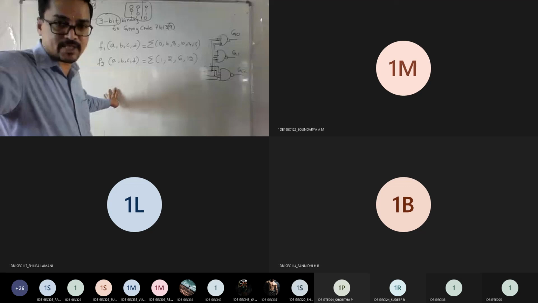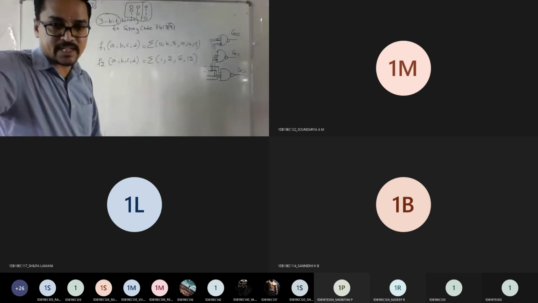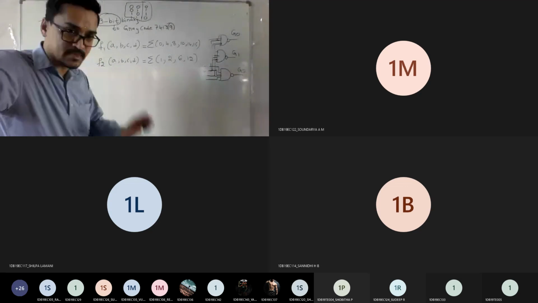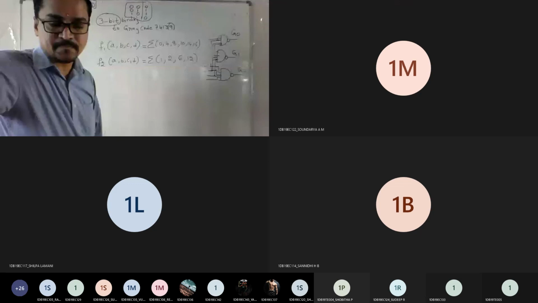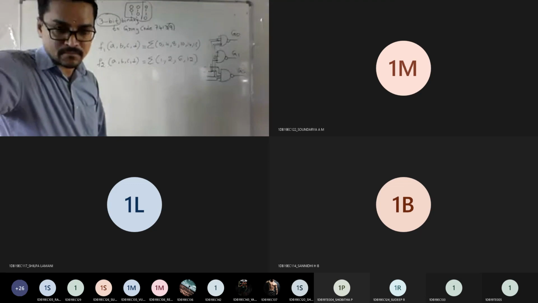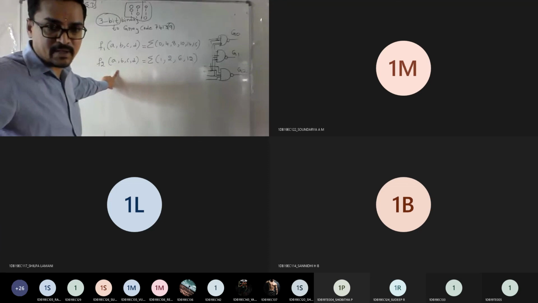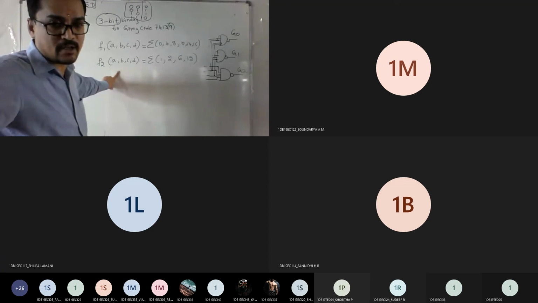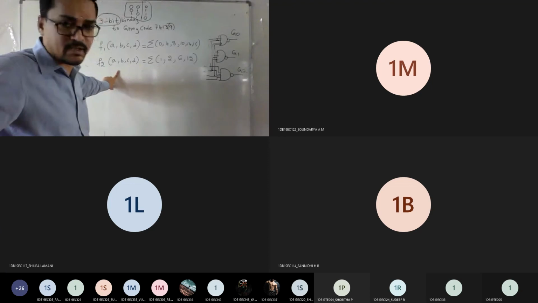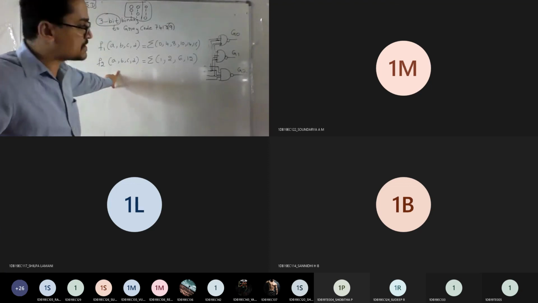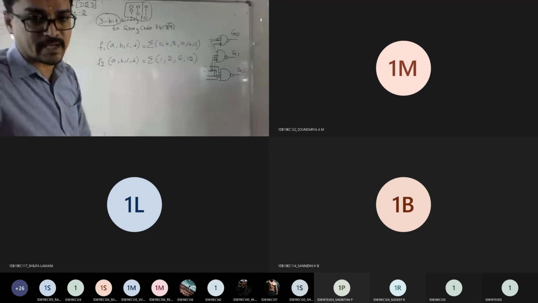If they give such kinds of questions, what should you do? What type of implementation should you do? Is it active low or active high? Active high. Good. Unless the IC number is specified or the active low word is there, by default all the questions will go to 3:8 decoder active high. That means in the output you should not put any bubbles, right?